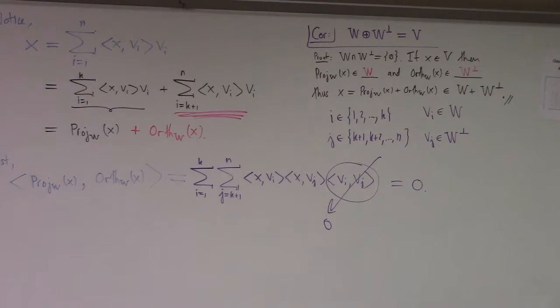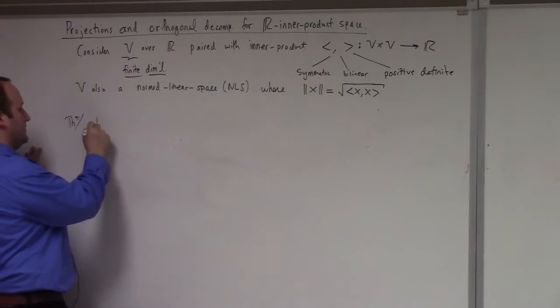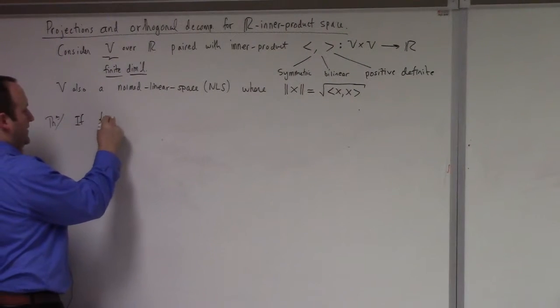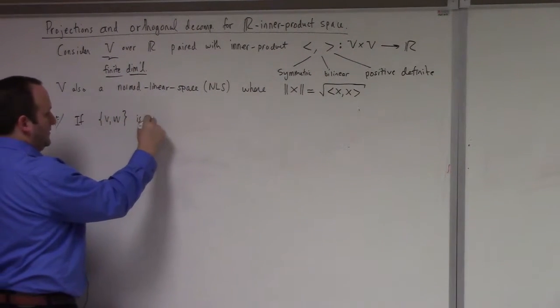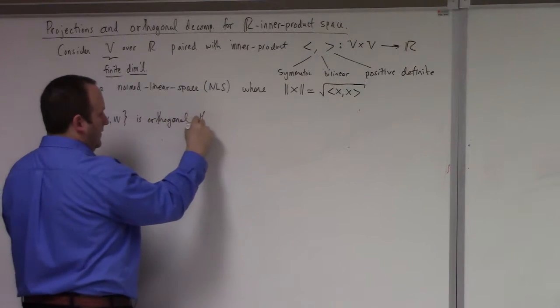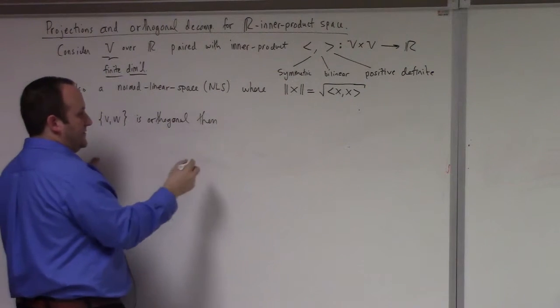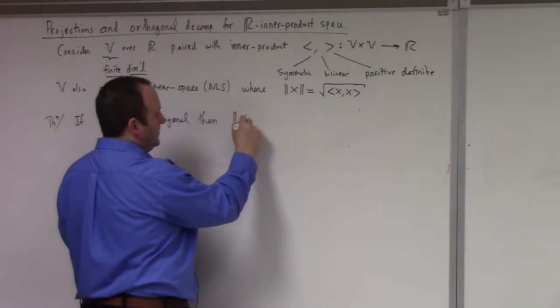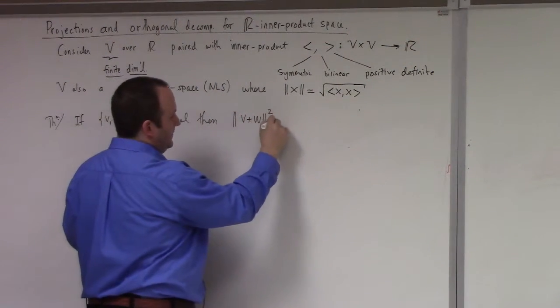Oh, why did I just use that thing? Eventually I'll remember. Another little theorem. Here's the theorem. If v, w is an orthogonal set of vectors, then the length of v plus w squared is equal to the